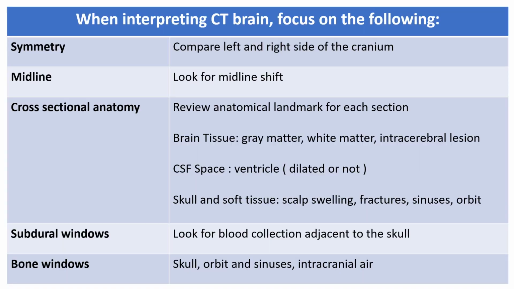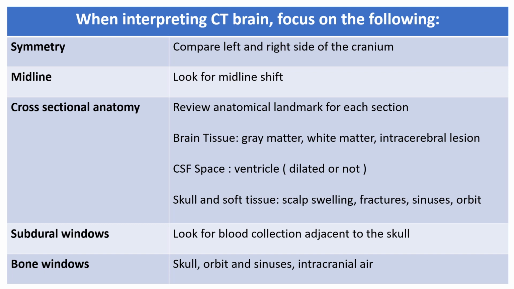When we start interpreting the CT brain, we focus on the following. Number 1, we do check the symmetry and making sure what you see on the right is also what you see on the left, like a mirror image of each other. If there is asymmetry, one of which is abnormal. Number 2, look for midline shift that will suggest increase in intracranial pressure causing mass effect on the other side